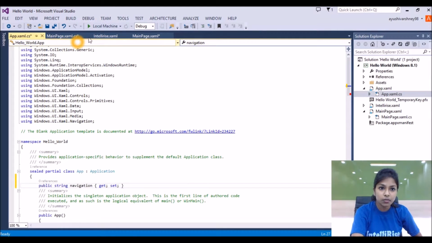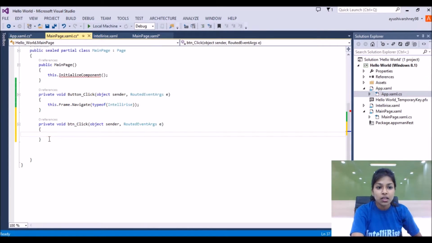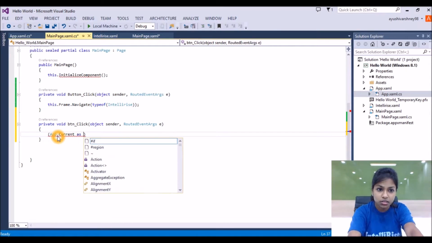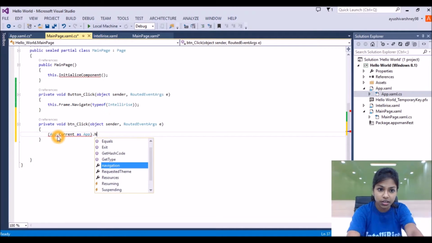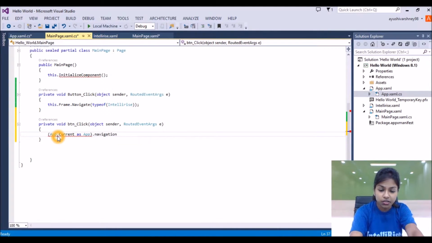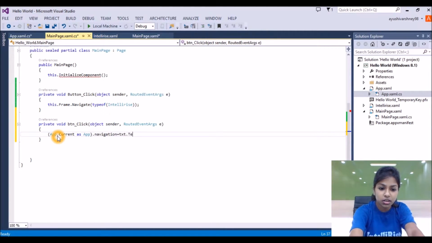And then we'll go back to our main page. Here we'll store the text of the text box in this string which we have created. We'll do: (App.Current as App).Navigation, the name of our string, and in this we'll store the text of the text box, the name of the text box dot Text.